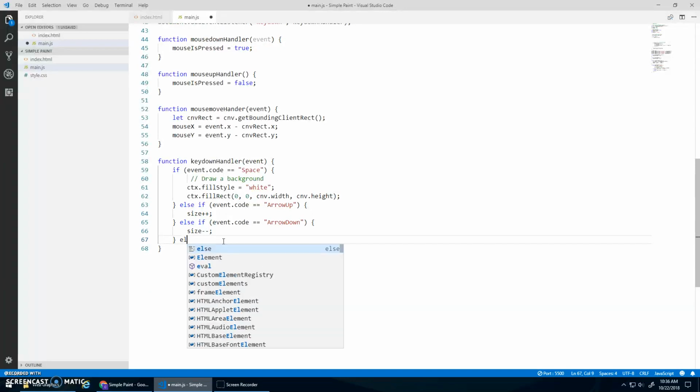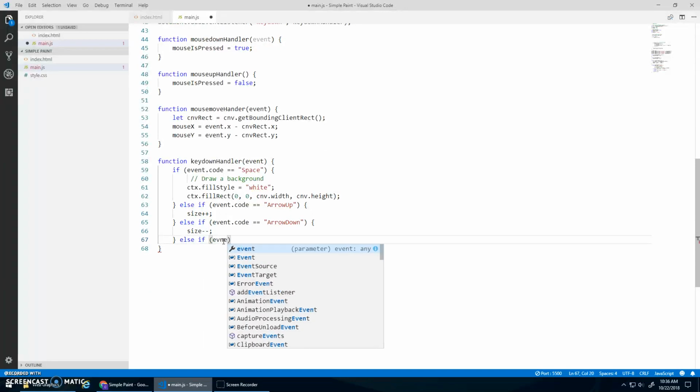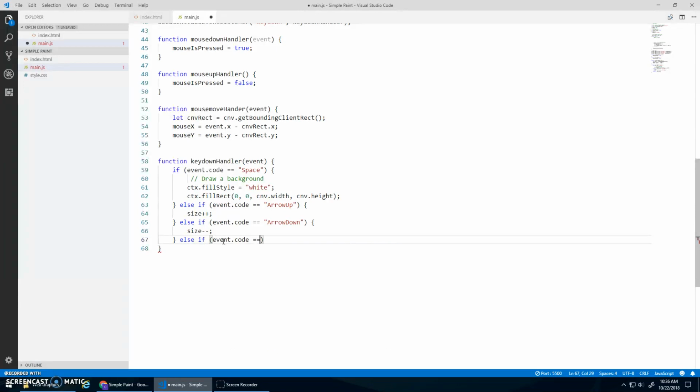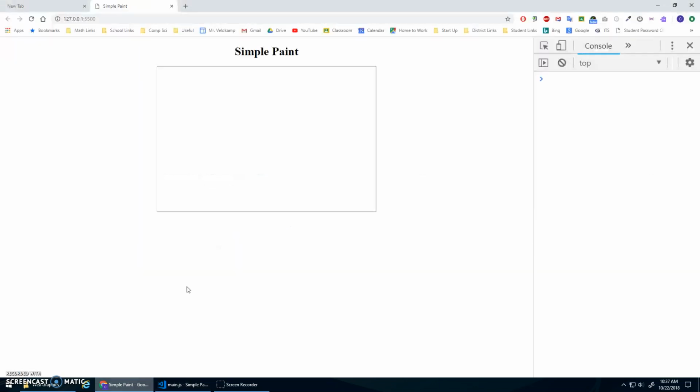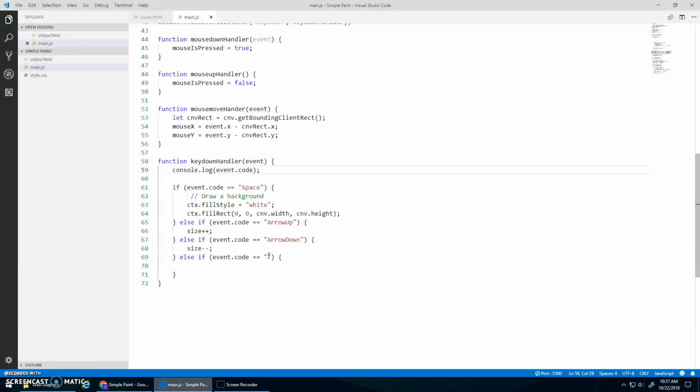Maybe let's keep adding here. Else if event.code equals, I forget what the things are here, so let me just test this. I want to use my numbers. Console.log event.code. So if I press the number 1, it's called digit 1, digit 2, digit 3, digit 4, 5, 6, etc. Okay, good. So if it equals digit 1, maybe digit 1 is going to be, pen color will be assigned